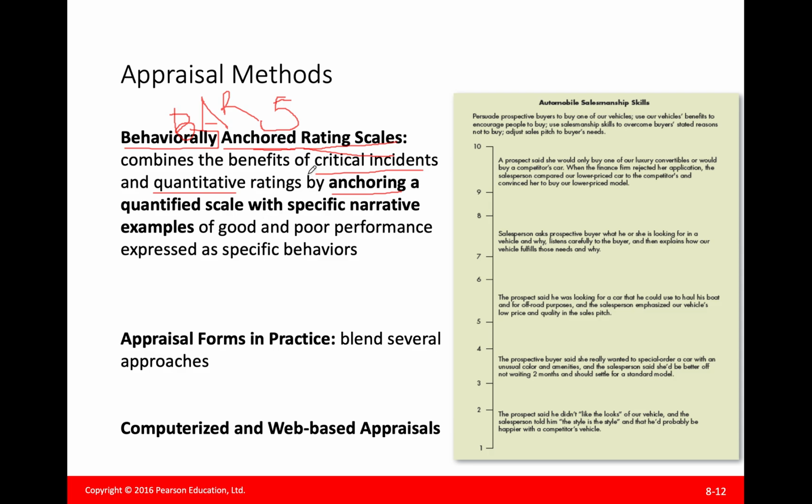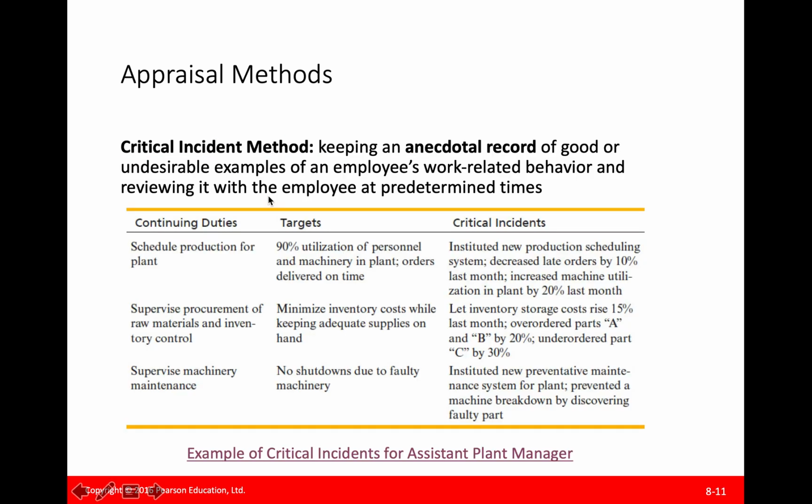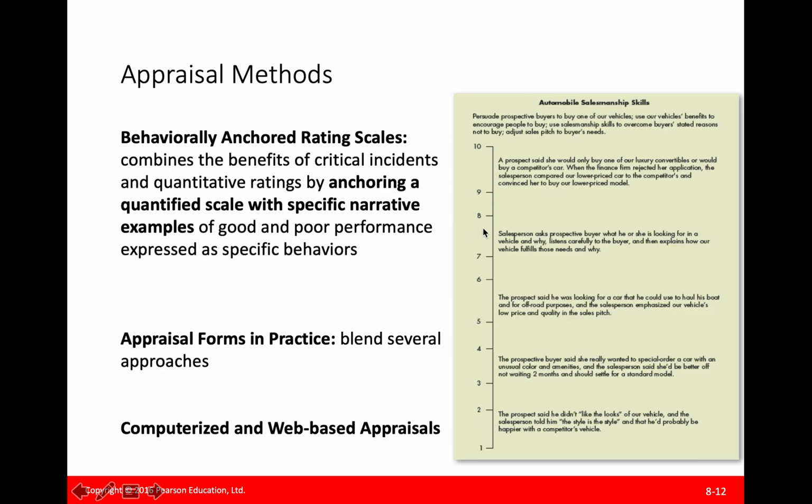Okay, critical incidents, yes, it combines the critical incidents because we have to keep a record of the incidents of the behavior as well when we want to do this method. And quantitative rating. So in the critical incident method, they only record the critical incident, but they don't give each of them a number or scale or the importance of how they are to the work. So it's just like an explanation. It's no number, right? But in the BARS method, they have